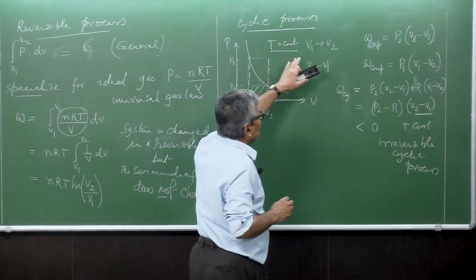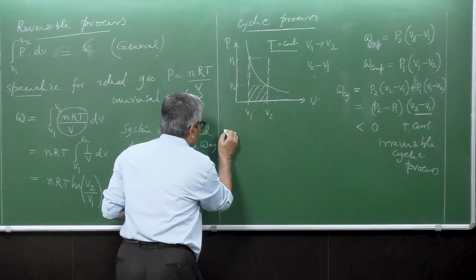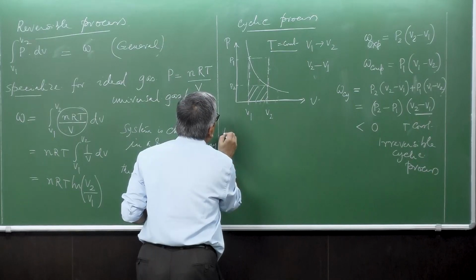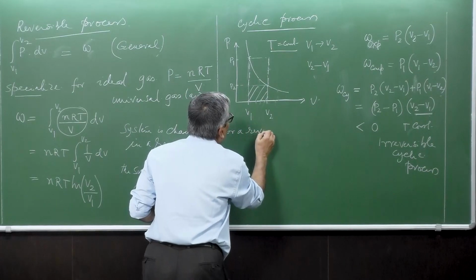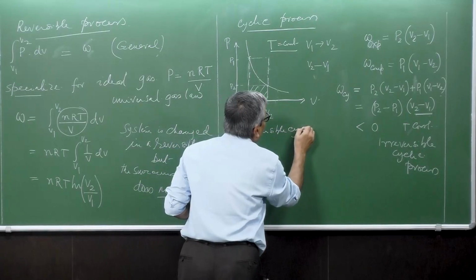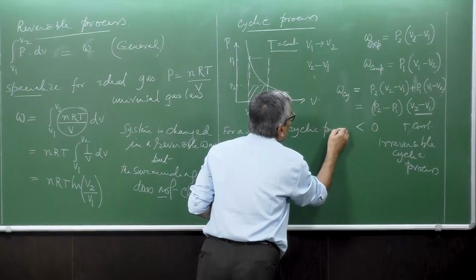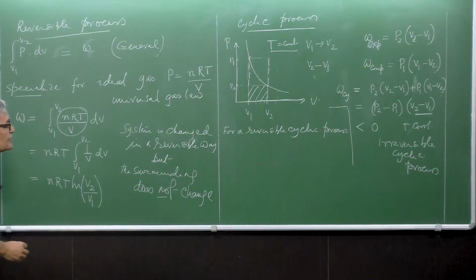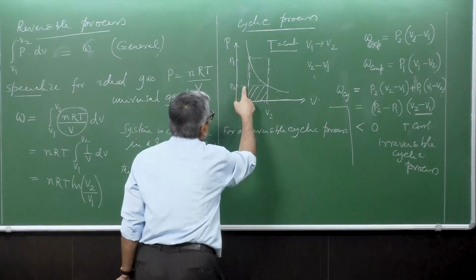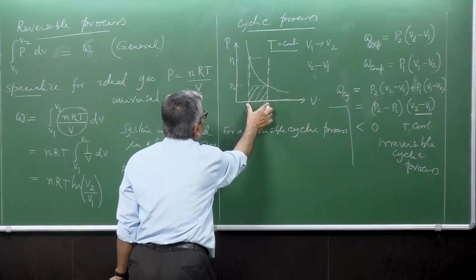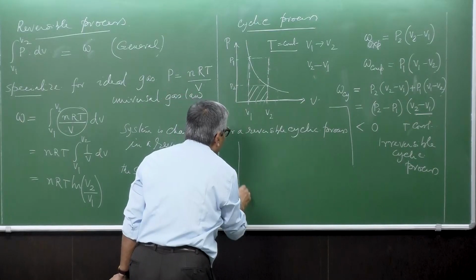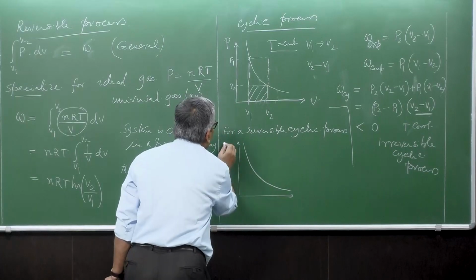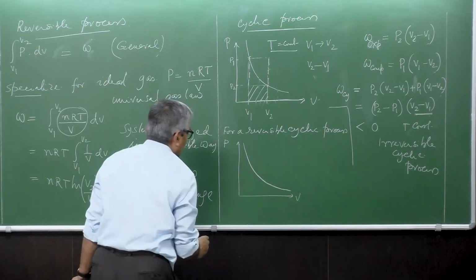But if I carry out the same process reversibly, let's work out the process for a reversible cyclic process. For a reversible cyclic process, what happens? You do not actually carry out the expansion and compression in this way. What you do, you do the same change of state